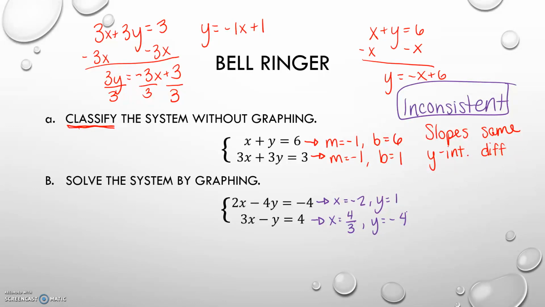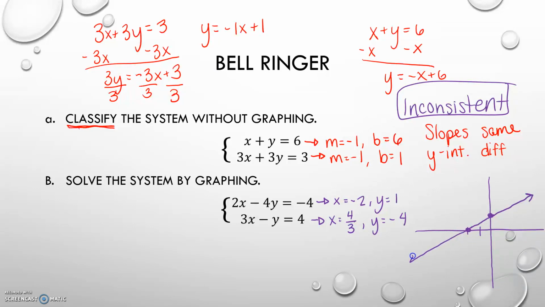I'm sorry, I don't know why there's not a graph here. I thought there was, but we'll just make our own little sketch over here. So we're going to have x is negative 2, y is positive 1. So negative 2, positive 1. I thought I might have a ruler. Oh, that's not it. Okay. So I'm going to connect those